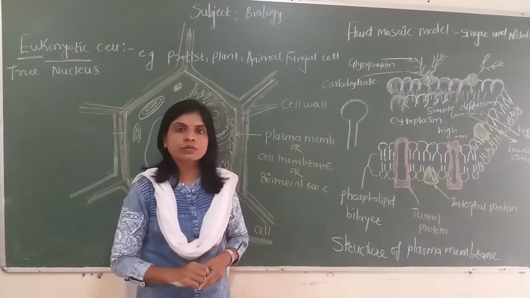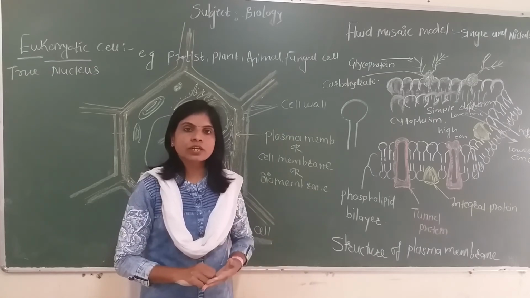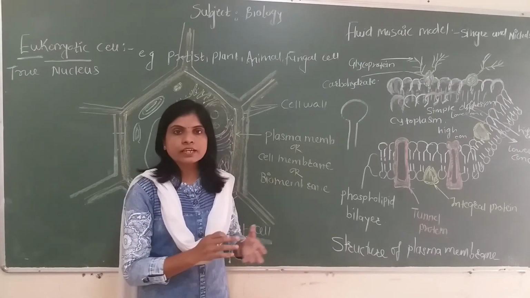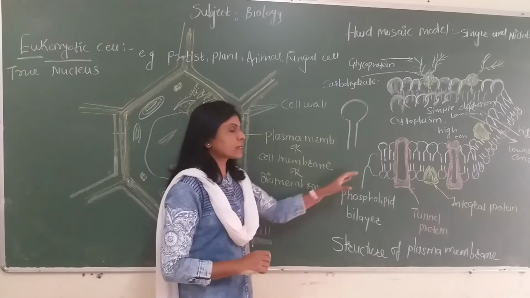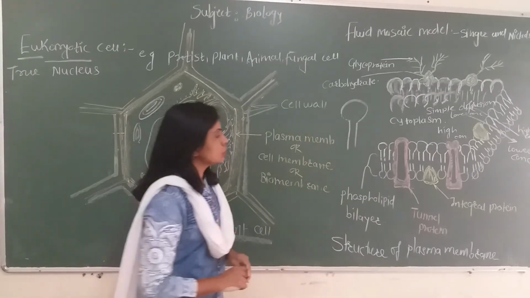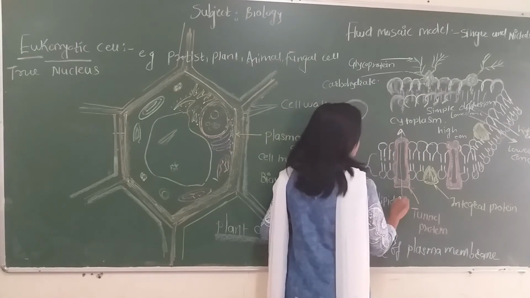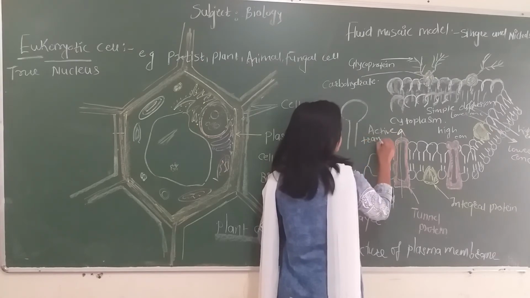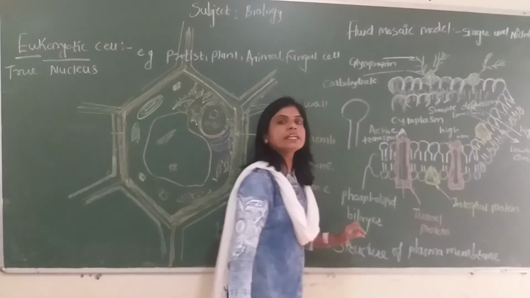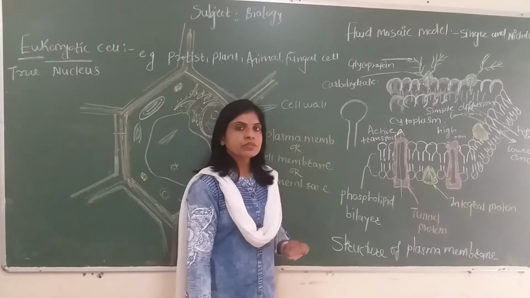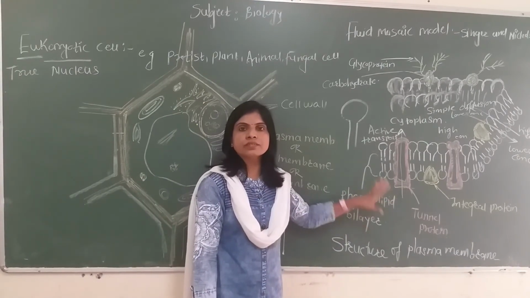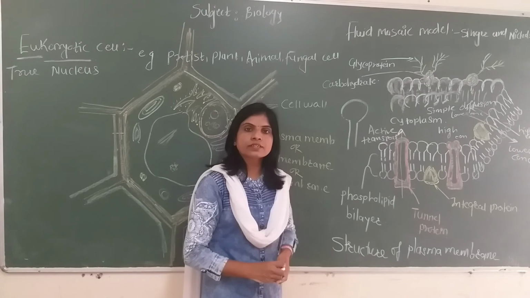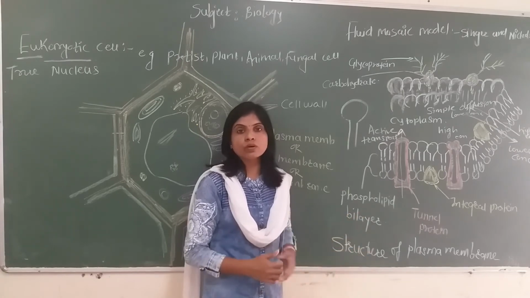How do polar substances move across the membrane? For that, there is active transport, which means transport of substances across the membrane by utilizing energy. Active transport is mainly carried out with the help of tunnel proteins by utilizing energy. This type of transport is independent of the concentration gradient. It means irrespective of how much of the substance is present in and out of the cell, the substances move as per the need of the cell by utilizing energy, along with or against the concentration gradient.